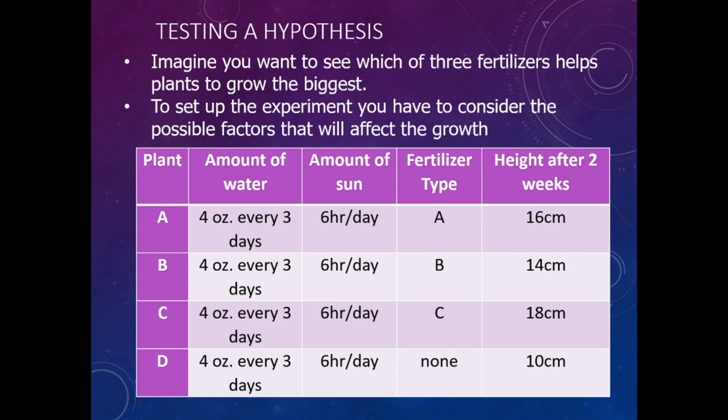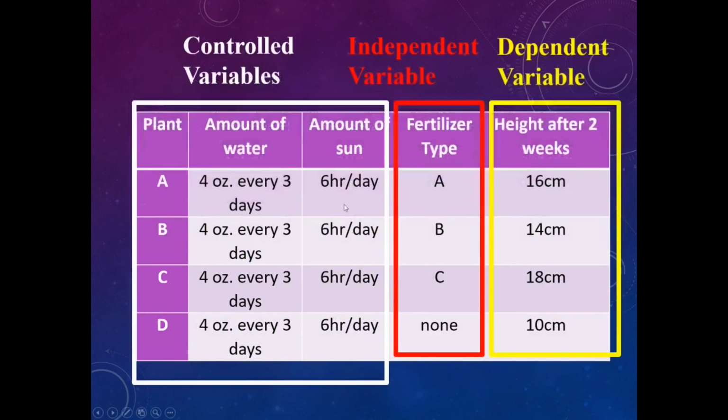So we're going to talk about each one of them. The reason why the amount of water is the same for all four plants, and the amount of sun is the same for all four plants, is because if it wasn't, how would you know what is affecting the height of the plant? Was it the amount of sunlight or was it actually the fertilizer type? You couldn't say definitively which one it was, so that means you have to keep all of these things the same. There's a specific word for that, for these things that are remaining the same, and that is a controlled